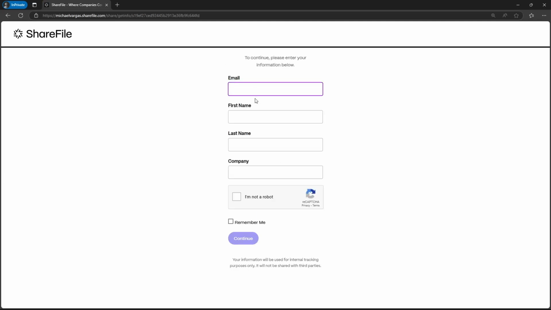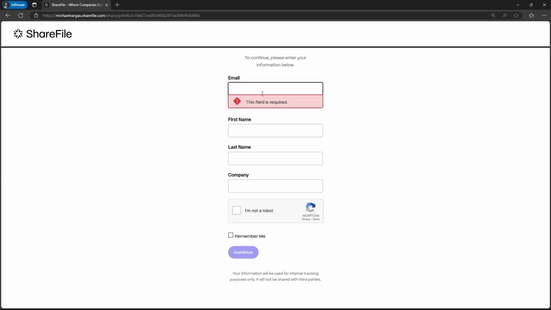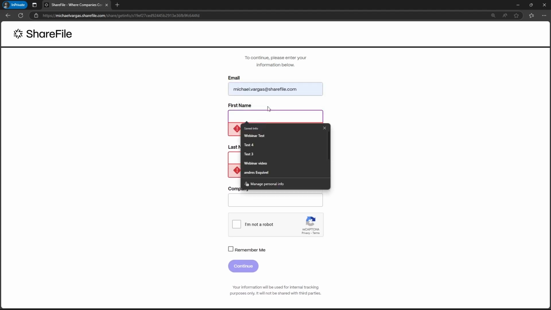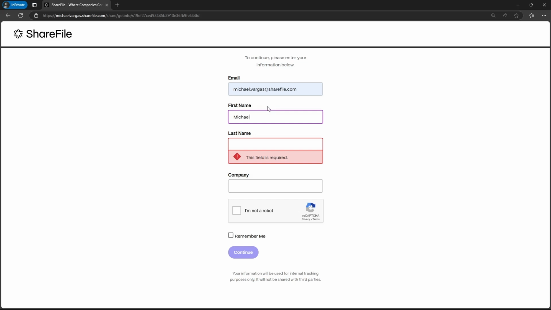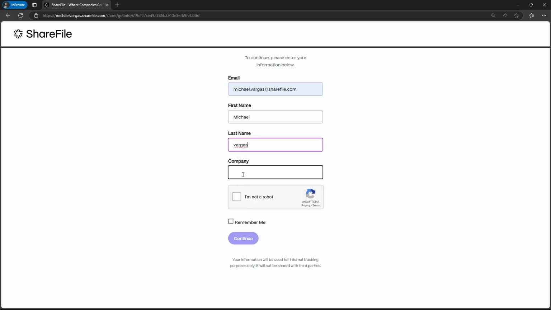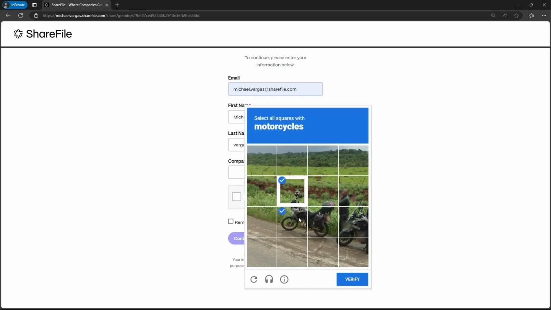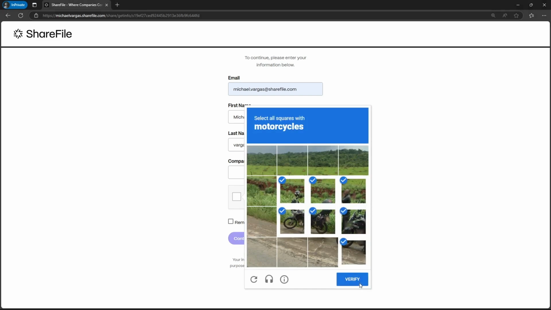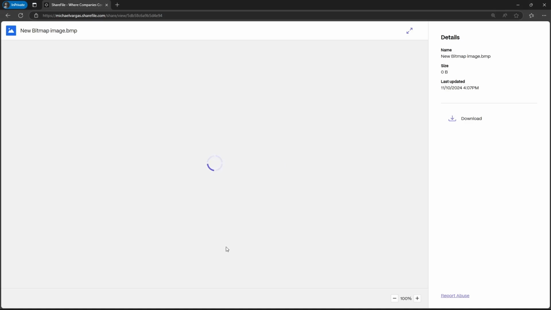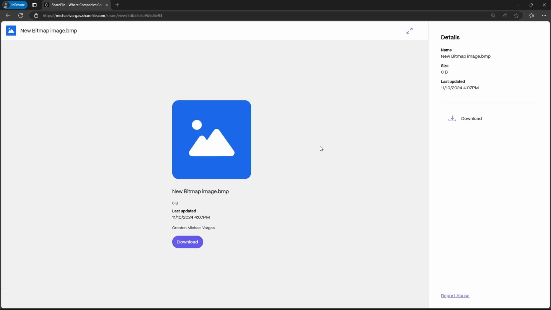As you can see, what the person needs to do is put the email address, the first name, Michael, the last name, Vargas, and company is optional. You need to click on the captcha. We need to select a couple of squares here, and you need to click on continue. After that, the person will be able to access that file.